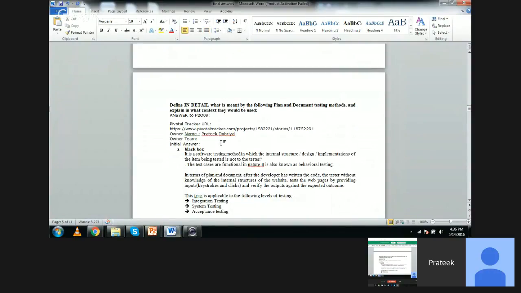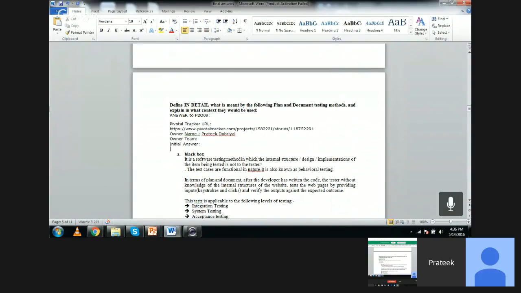Just hold on, I would add here: describe plan testing and document testing. Then go in the context of the other methods. So Akshay, you were saying I should explain this more. Currently your first line, "is not to the tester", is not explanatory. Yeah, a little explanation would be good, I guess. Okay.